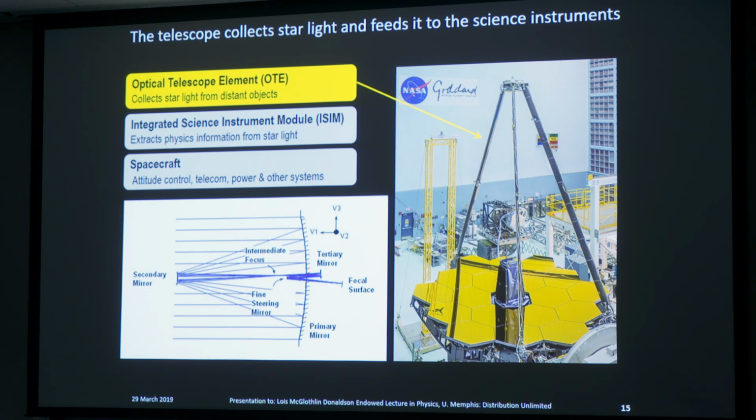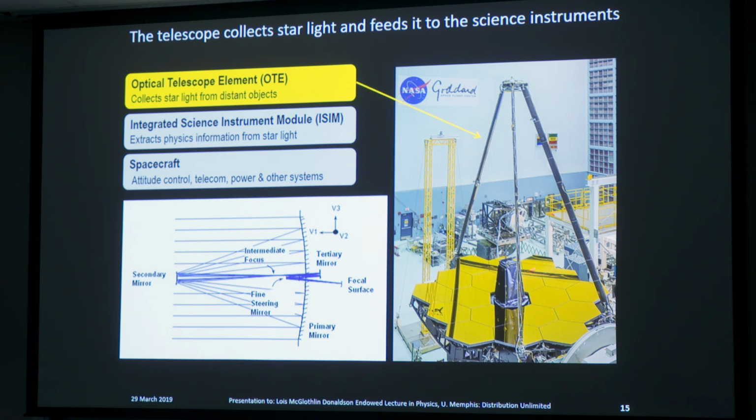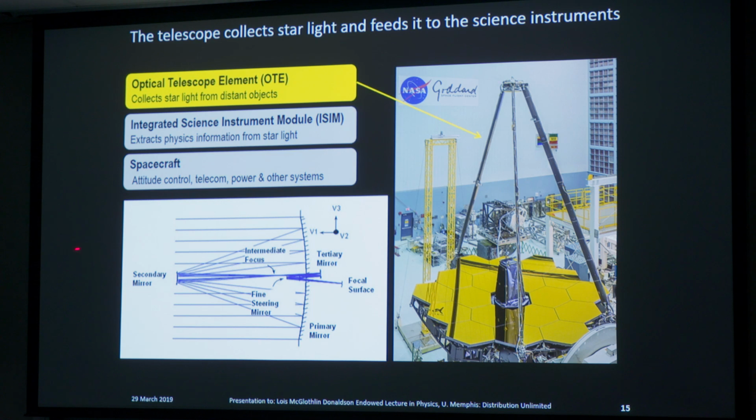All right, let's talk a little bit more about the telescope. This is an actual picture of the JWST flight telescope in a clean room at Goddard. You can see the 18 segments of the gold-coated mirror here. Now, for telescope fans, this type of telescope is called a 3-mirror anastigmat, and it works like this. Light from the distant objects comes in parallel, and it reflects from that giant mirror to that secondary mirror that you saw unfold in the video, and then it passes through a focus to a tertiary mirror that you can't see here, hence the name 3-mirror anastigmat.